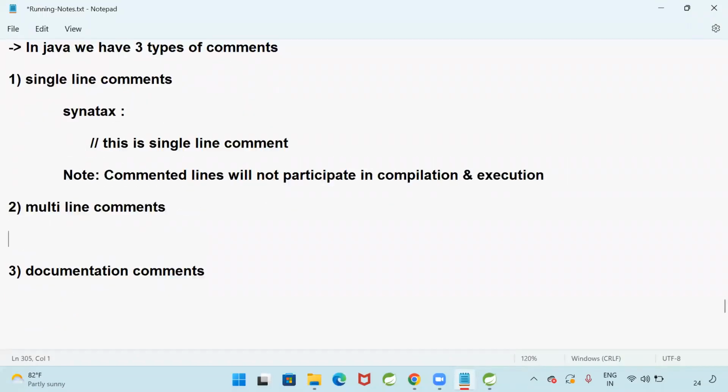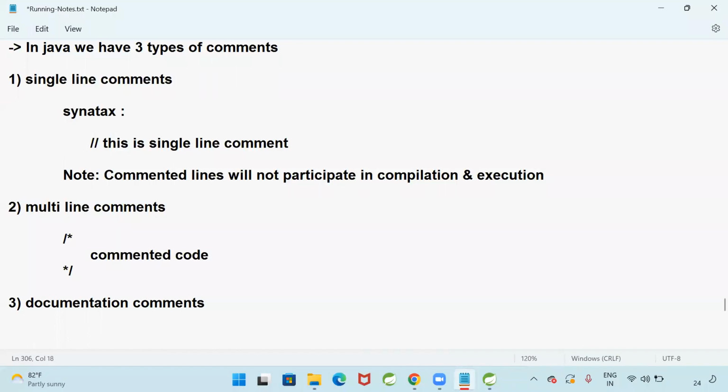Slash star and star slash. Whatever code you keep in between these two will be skipped for compilation and execution.